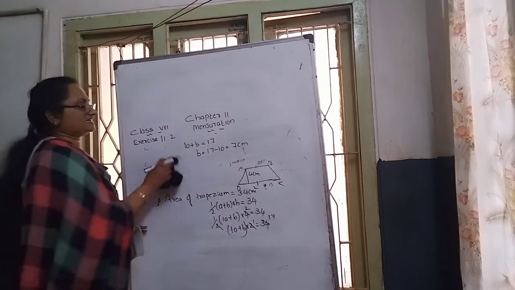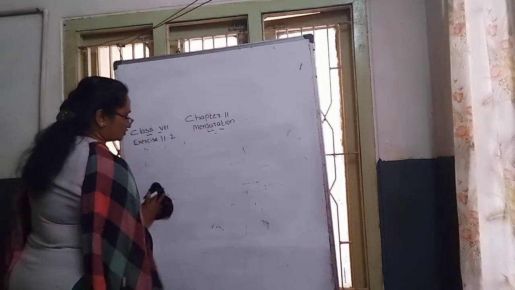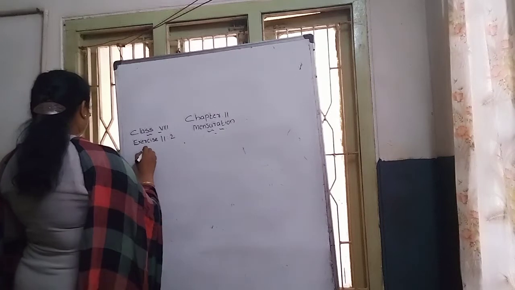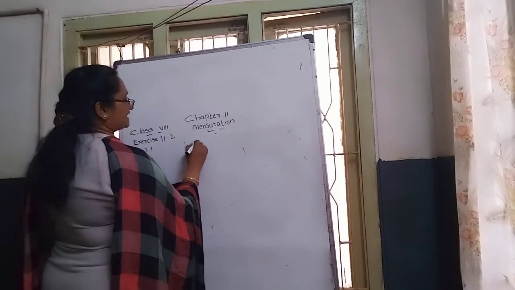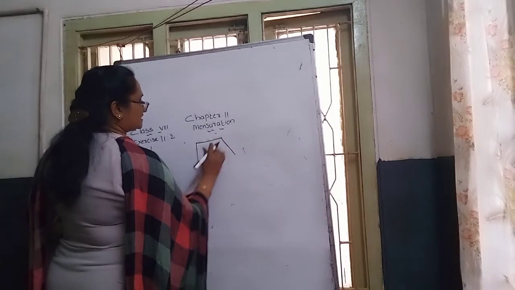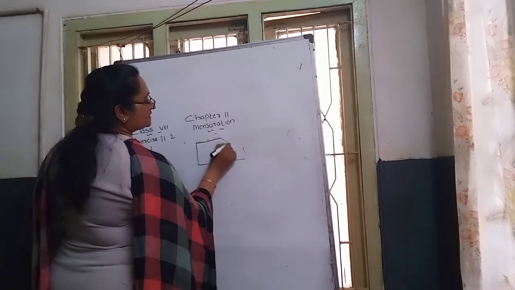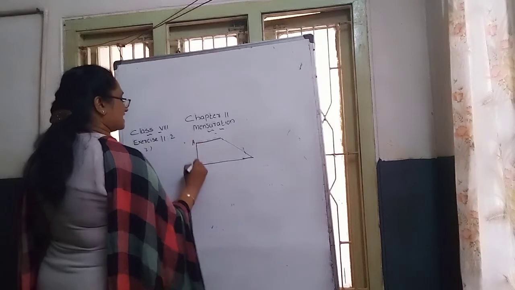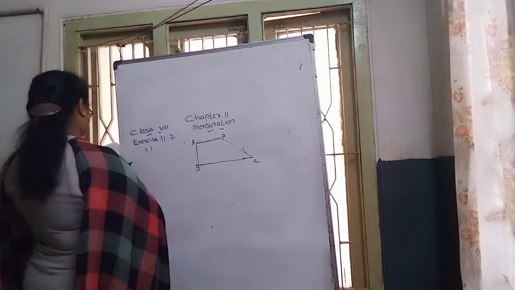I hope you can understand this question. Second question done. Then next we go through the third question. In the third question, they have given us a trapezium shape diagram. The diagram is in trapezium shape only. It is given like this, and they have given us A, B, C and D. It is a right angle part.